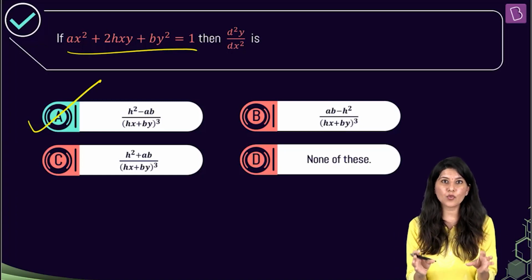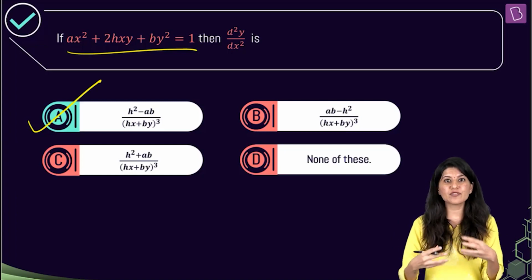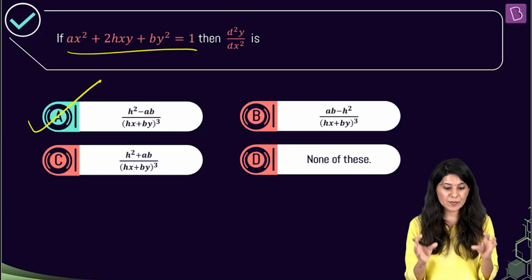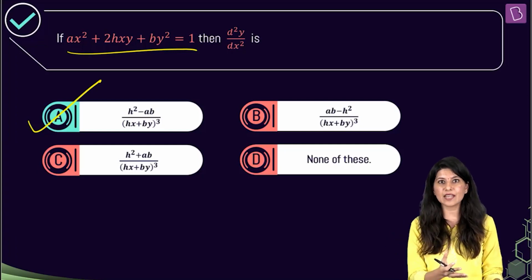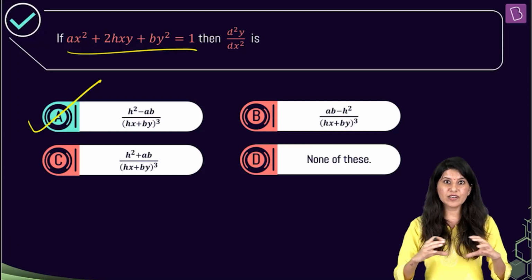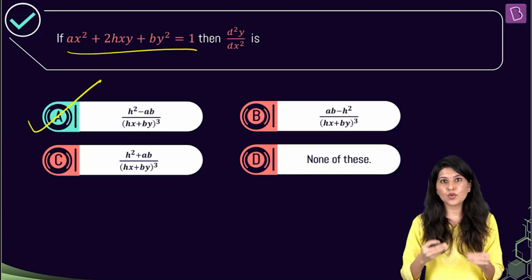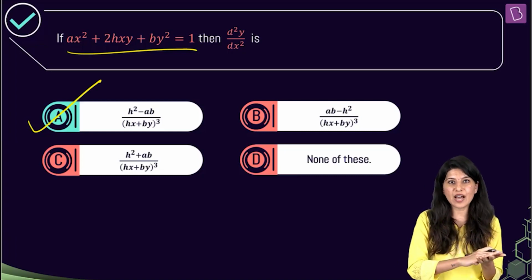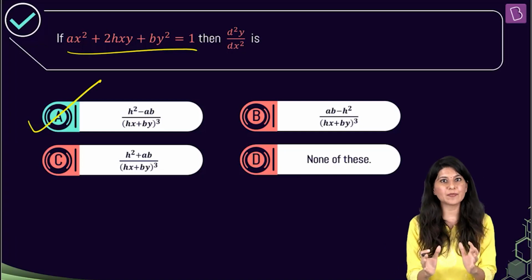If everything is written over here on one page or one sheet of yours, then the question will be extremely easy. You will be able to see this value is here, this value is here, right? So try these types of questions. You need to do it in one space. I don't want you to do it half on the first page, half on the second page. Whole question in one place.